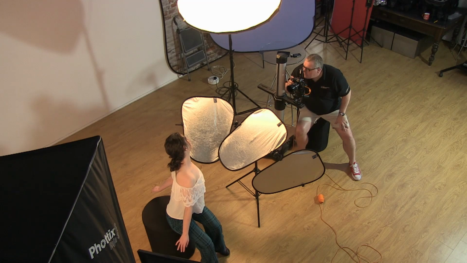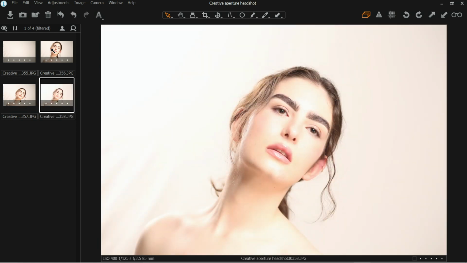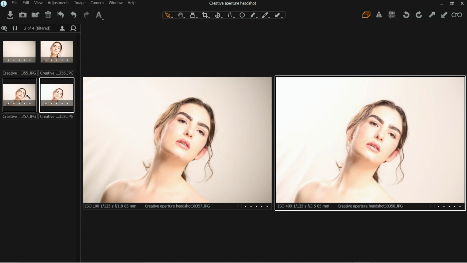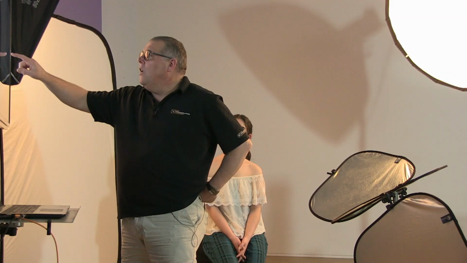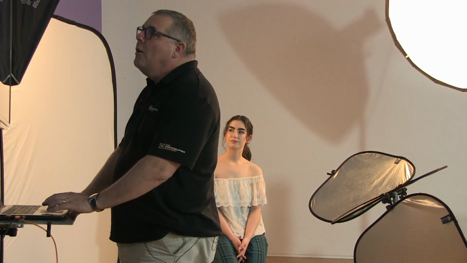Stay there for me a second. I'm just going to increase the aperture by 2 stops. And again, the same shot, relax. So what I just did, I increased the ISO by 2 stops to allow me quickly to move from the 1.8 aperture here to the 3.5 aperture that we've got here. So straight away we would start to see more of the lip slightly in focus, but if we just go back once more